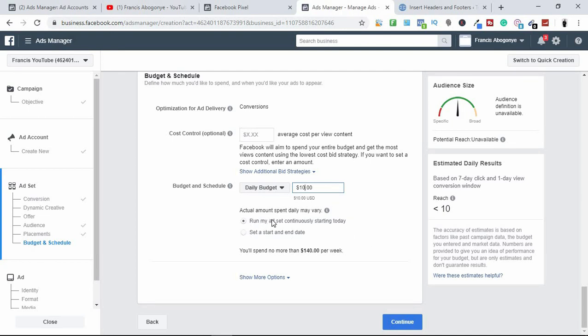Then you can schedule the date. If you just want to test to gather more data, you can just allow this to run for like 4 to 5 or 6 days, so you can see